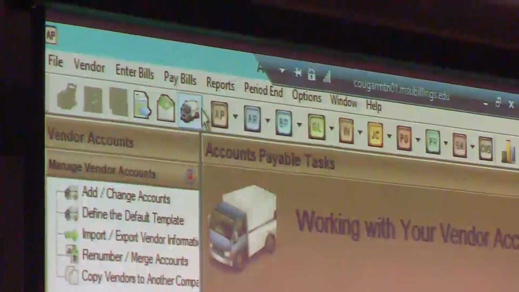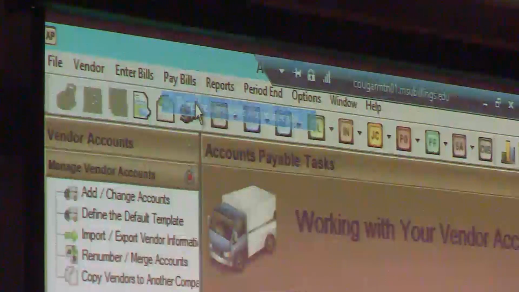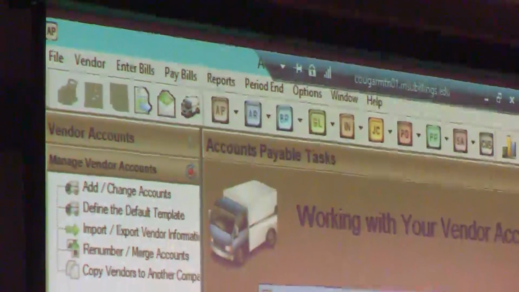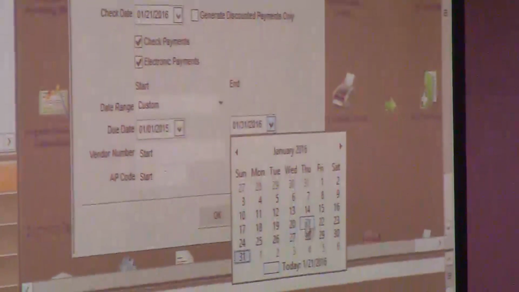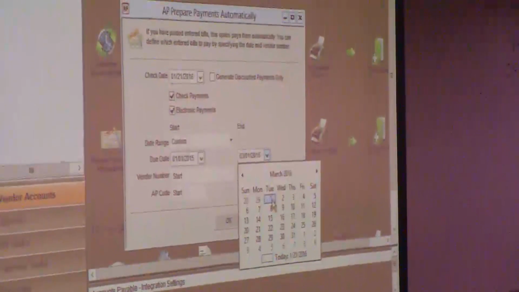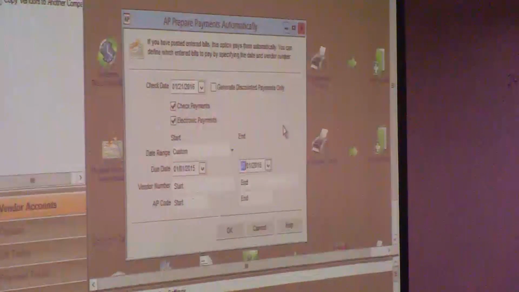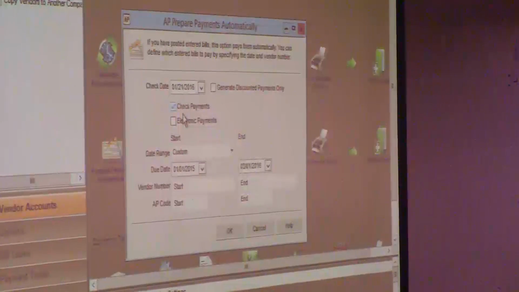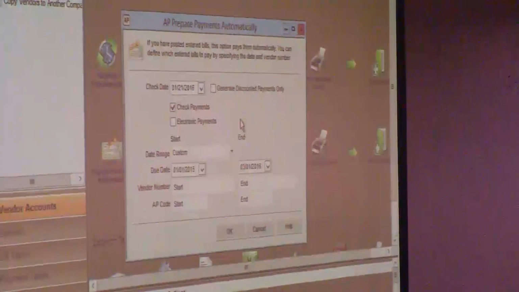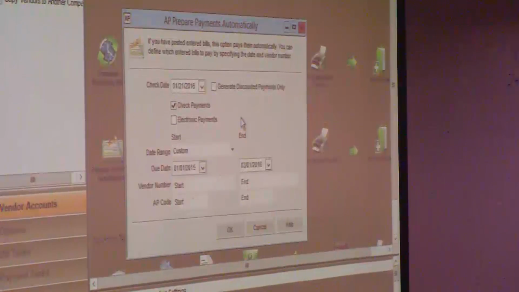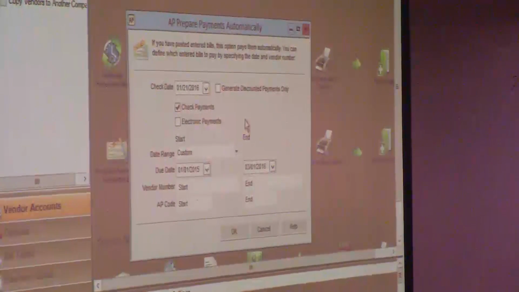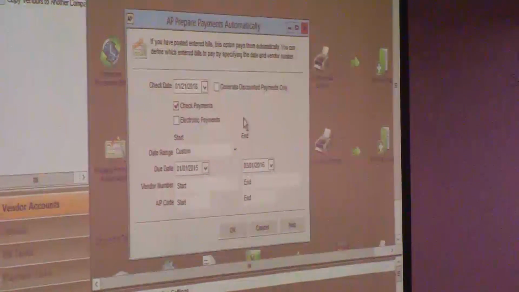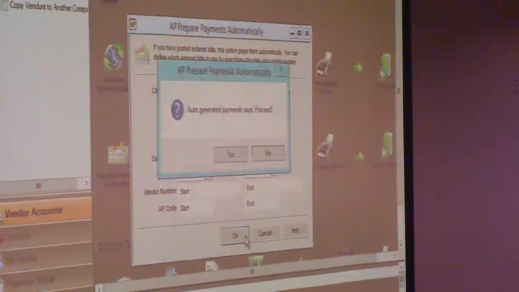So then I would go into pay bills and prepare bills automatically. And what I would want to do here is just make sure that my end date is far enough out that I catch all the bills that have been entered. I'm going to unclick the electronic payments because that can foul me up a little bit, and just do the regular check payments. So what I'm doing now is I'm asking the computer to take a look at everything that's due over this period, and to give me a list of all those bills and prepare them for payment. So when I click OK,